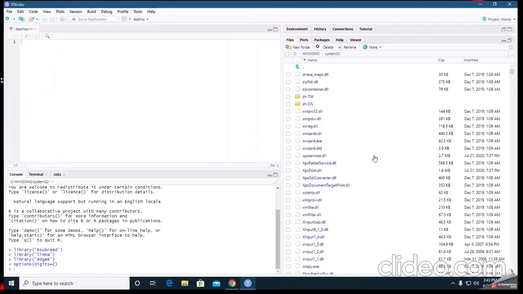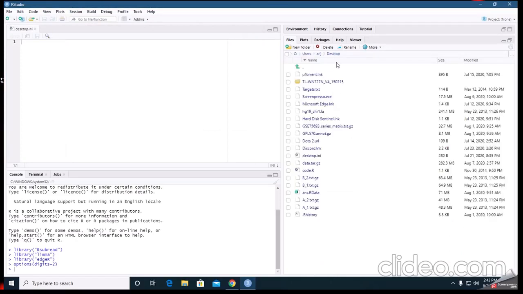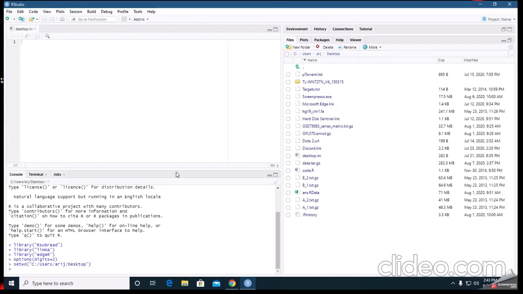I open this, and now through the option tab I set it as the working directory.